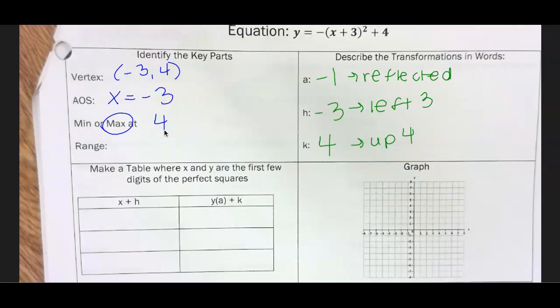The range always relates to the max or the min. So are my Y values getting bigger or smaller? Smaller. So my range is going to be Y values less than or equal to 4. The domain of a quadratic function is always